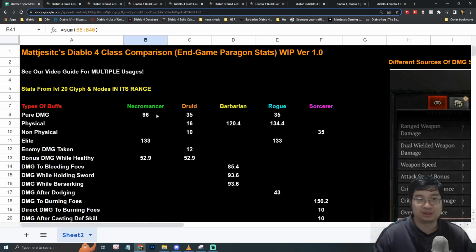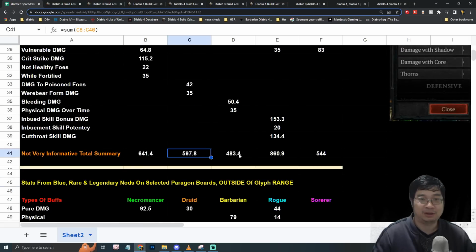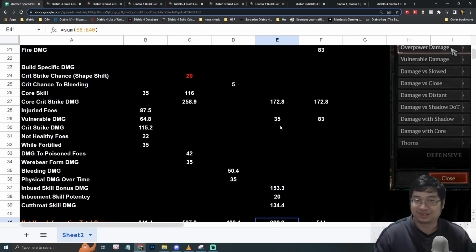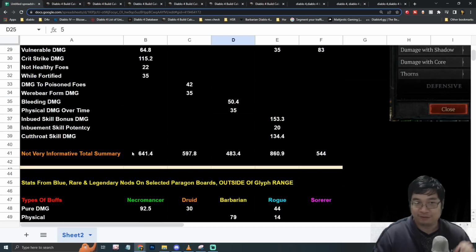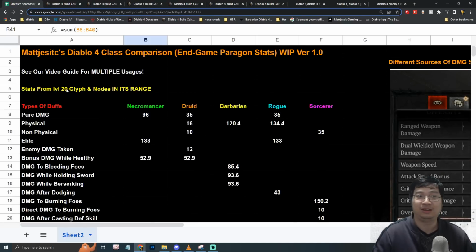So you can see for the Necromancer, it's about 600%, 500% for the Druid, about 400% for the Barbarian, over 860% for the Rogue. It's kind of broken, I know, and there's a lot of different sources. And finally, it is about 500% for the Sorcerer. Now, of course, there's a lot of things like critical chances and attack speed that is also added additively, and that is not informative. So this is just a rough figure of what the stats and bonuses are that you get if you go in for the glyphs, and if your glyphs are level 20 for each of the classes